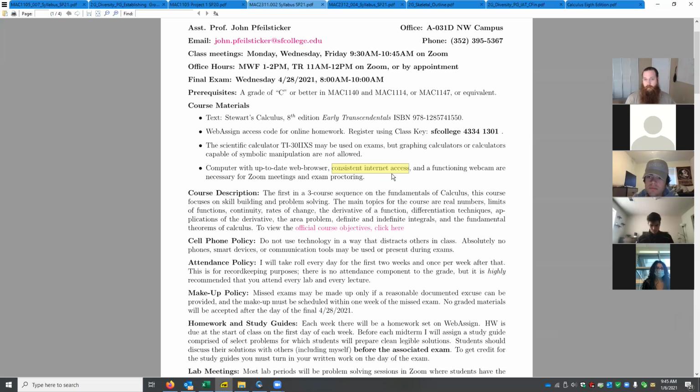That can be campus. You can go to the Northwest campus, Santa Fe, or any of our other campuses as long as they're open. Starbucks, McDonald's, wherever. But if you don't have super consistent internet access, please think of a plan B. Think of an alternate place you could run to if you were to run into a crisis like that during a test. You also need a working webcam.